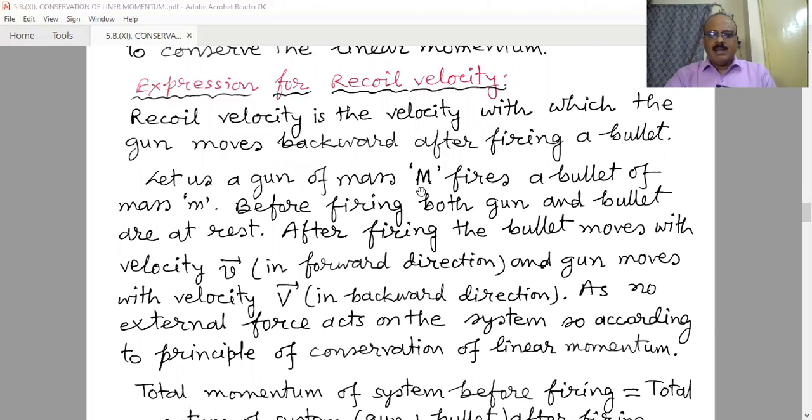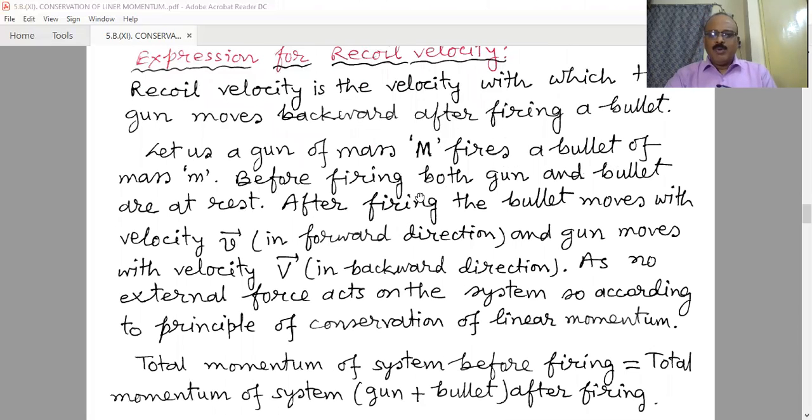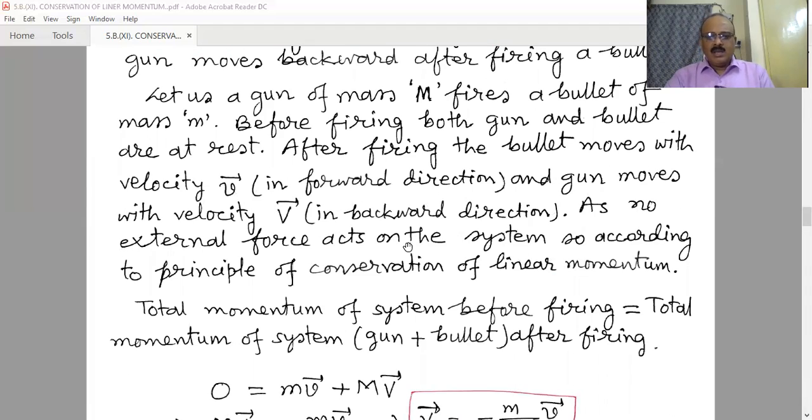Let a gun of mass M, capital M, fire a bullet of mass small m. Before firing, both gun and bullet are at rest. After firing, the bullet moves with velocity small v, but the value is very large. It is denoted by small v in the forward direction. That means we are considering the direction of the bullet as the forward direction. And the gun moves with a velocity capital V, but the velocity will be less, in the backward direction,